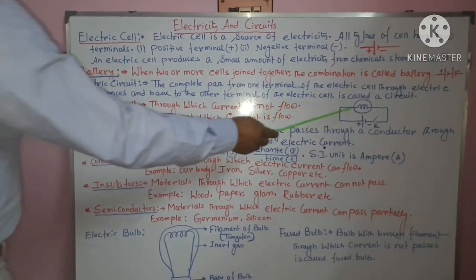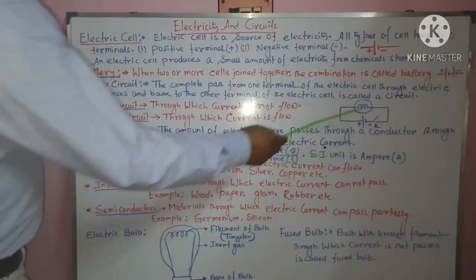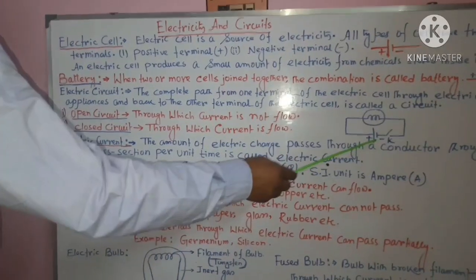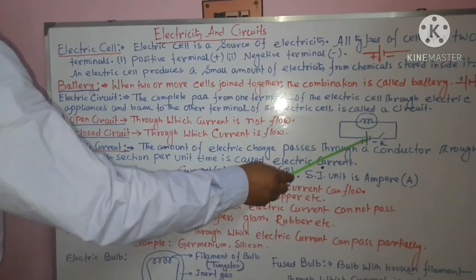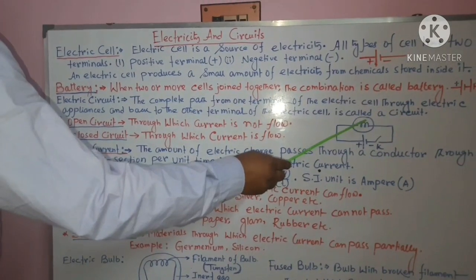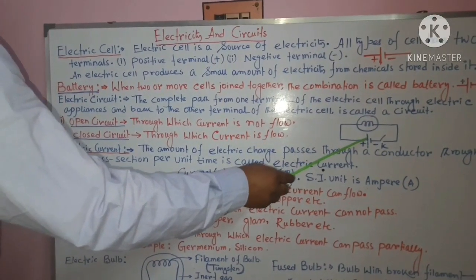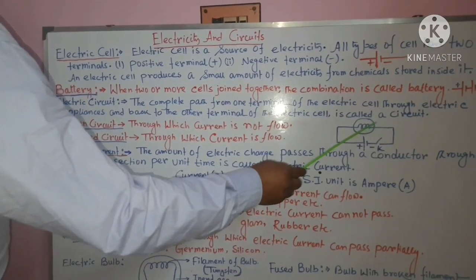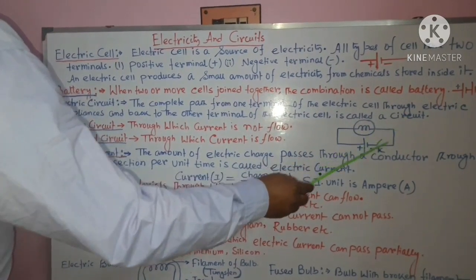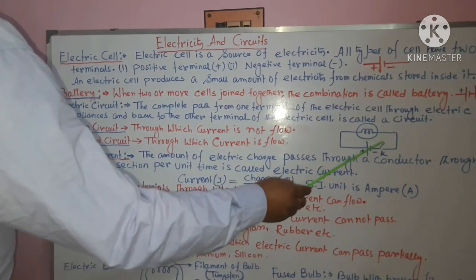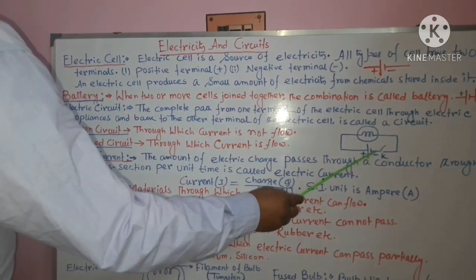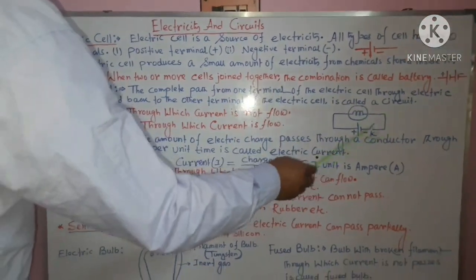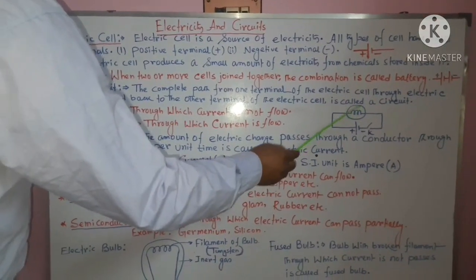Now see the diagram very carefully. In this diagram, we use an electric cell. With this electric cell, an electric appliance is connected via a connecting wire. Now the other terminal of this appliance is connected with the key, and from the key via a connecting wire the other terminal of the cell is connected. Whenever you have this type of combination, you can say it is an electric circuit.